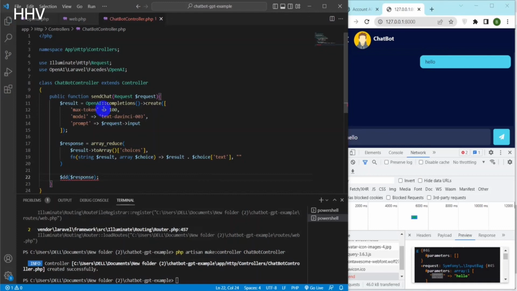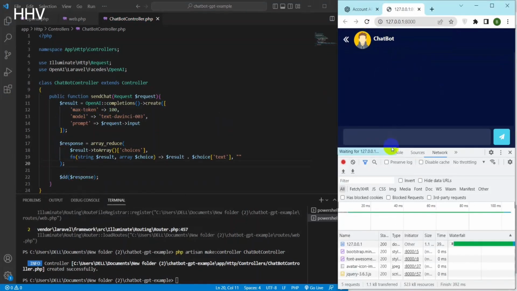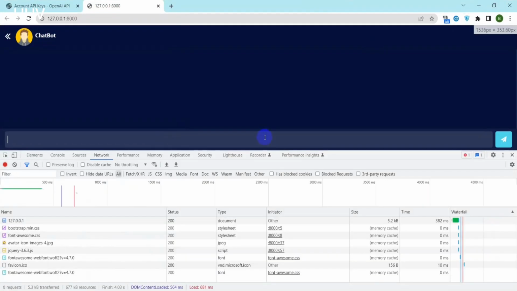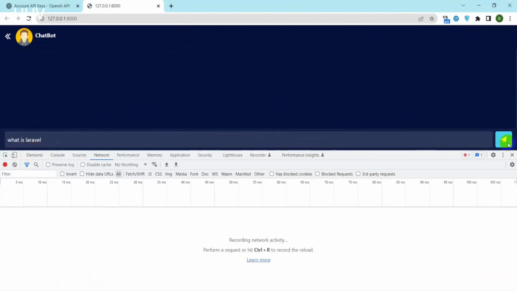This code processes the result of the completion request and stores it in the response variable. It uses the array reduce function to iterate over the choices array in the result. Each choice represents a possible completion generated by the model. The array reduce function takes 3 arguments. The array to iterate over, result to array